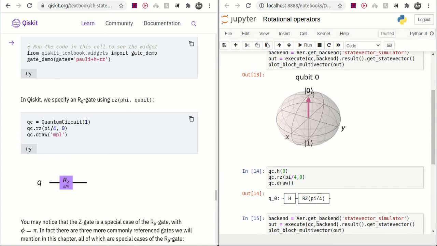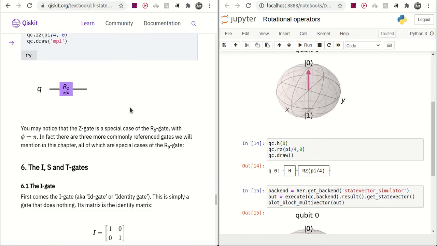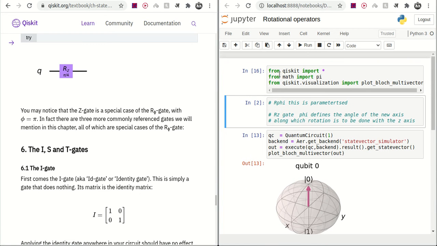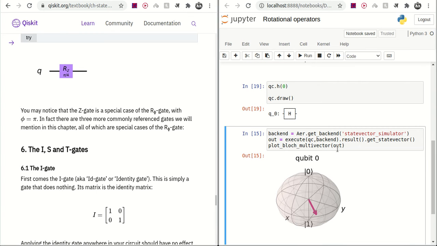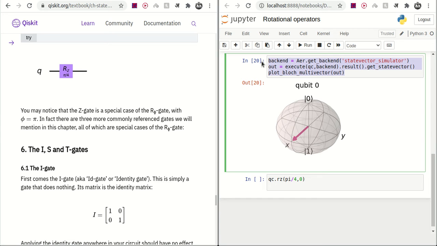As we can see, along the z-axis, if we make an angle, there is no change here, but if we introduce some new operations, then we can see the straightforward change. So once we put a Hadamard, we see a Hadamard and then we run it again. So this is now Hadamard. Then we apply rz pi by 4 on qubit 0. So now the axis is along the z-axis and we again print this.